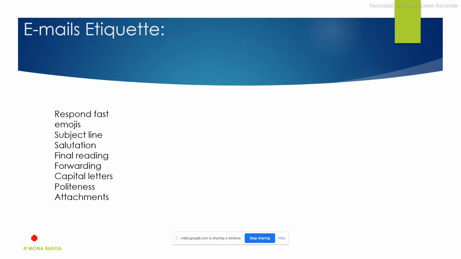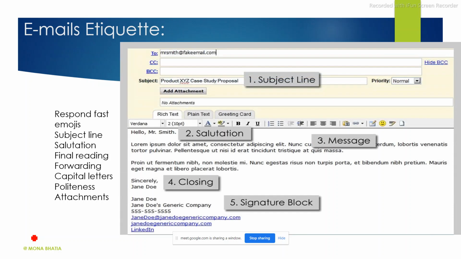Okay, now, okay, this is all. So now there are certain, before I do this, let me show you that this is a form. This is a way an email is sent. You are all aware of it. I don't have to tell you anything. So this is the recipient to whom you are sending. Here you will write copy and BCC. Okay, this is the subject line, which is very important. Never ignore this, because